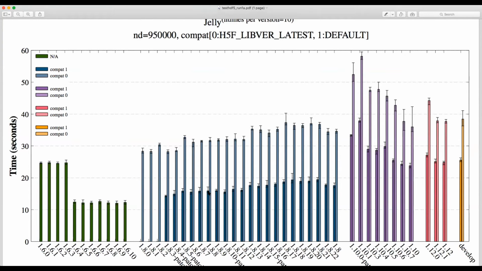performance is almost twice as bad compared to the default file format, which always defaults to the earliest version of any object known to the HDF5 library. So the latest is not always better. It really has to be used with caution, and you should always check the performance of your application, because inevitably you can slow it down without any other reason. Having said this, I can show you another